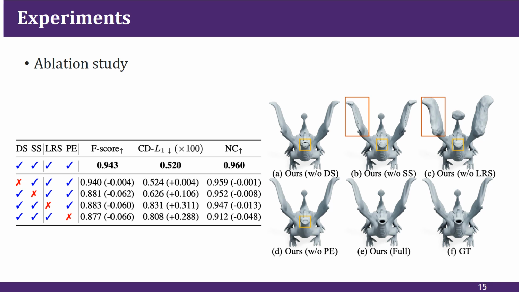Furthermore, we conduct ablation on loss-based region sampling, denoted as LRS, and positional encoding, denoted as PE. For loss-based region sampling, we compare the result optimized by our LRS with the result optimized by the traditional Gaussian sampling, GS, strategy, which is widely used in the existing methods. As shown in the table, removing LRS in our method results in a significant performance drop. Since the sampled points by GS are mostly near the surface, this may lead to inefficient sampling in the outside region for adding signed supervision. Besides, removing PE decreases the